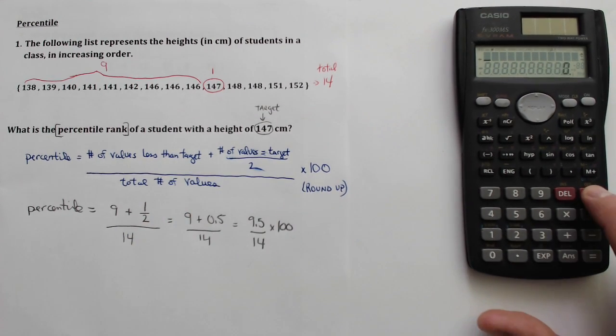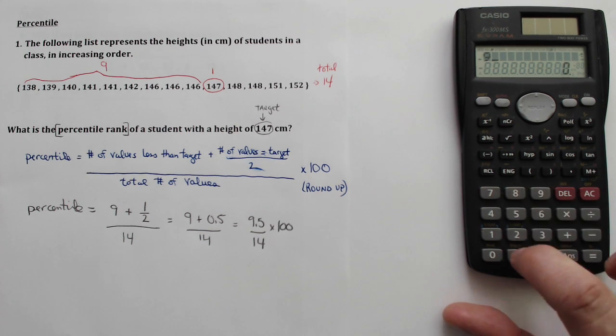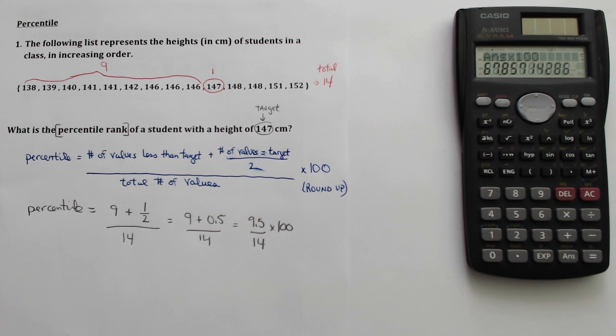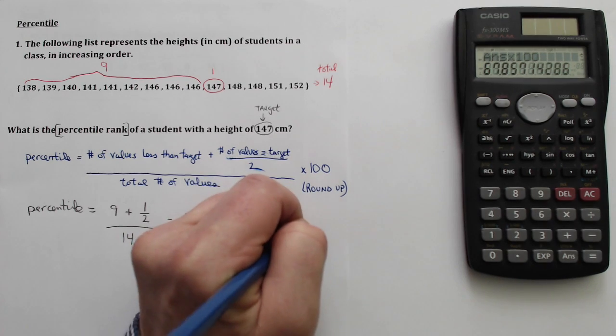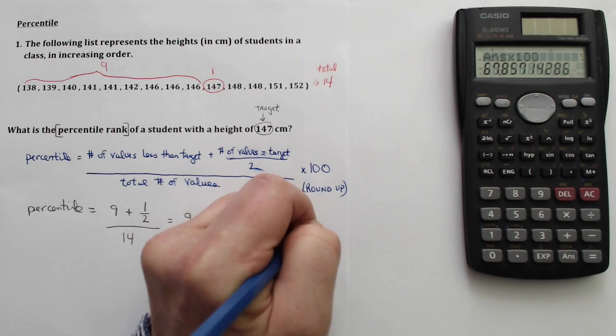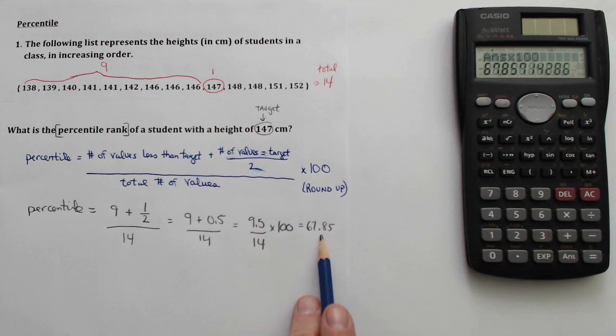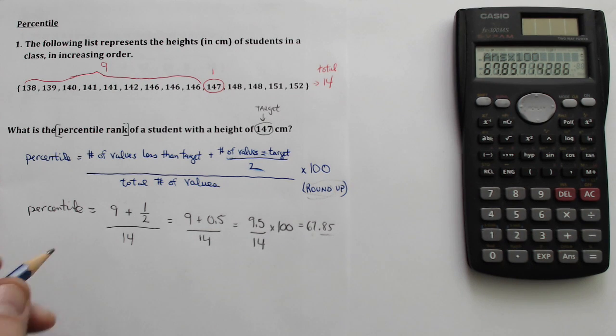So we'll do that on the calculator right now and go 9.5 divided by 14. Hit equals. Always, always, always hit that equals button. And then times it by 100 and hit equals again. And in this case, you're going to get 67.85. But regardless of what the decimal is, I'm always going to round it up to the next biggest number. So in this case, this kid would be in the 68th